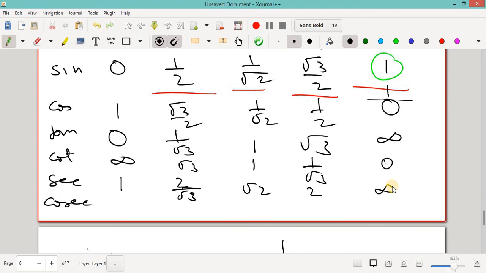And the last one is your cosec theta. Nothing to do, just write from this side: theta, 2, root 2, and after that 2 by root 3, and the last one. So students, you can see that without having to learn by heart, I have derived all the formulas. Once you do this in your copy, I can guarantee you in the examination you will never forget any formula. You don't have to learn by heart throughout your life.